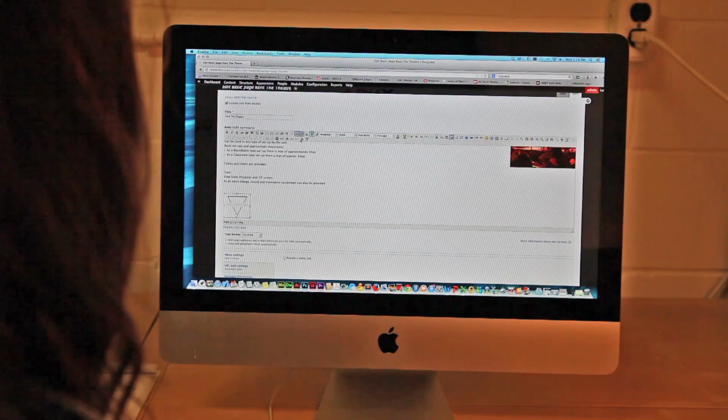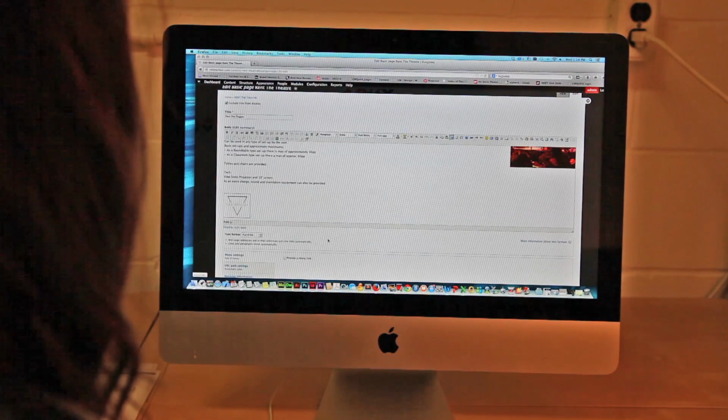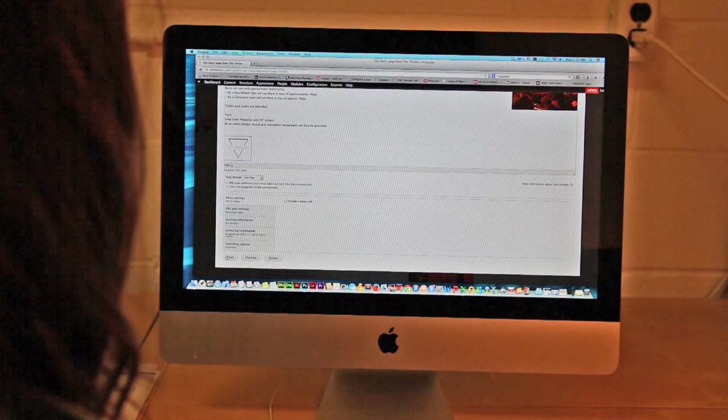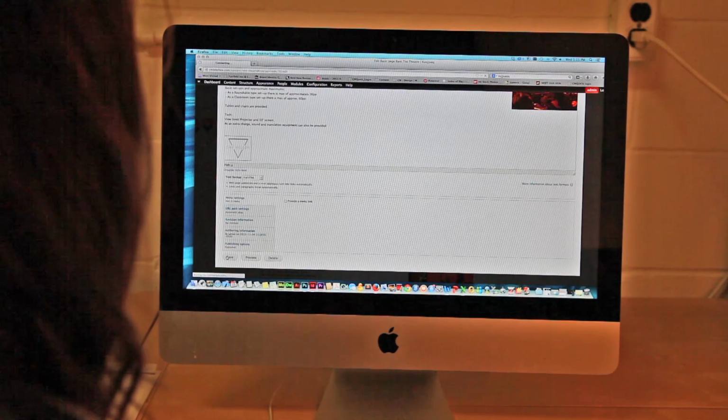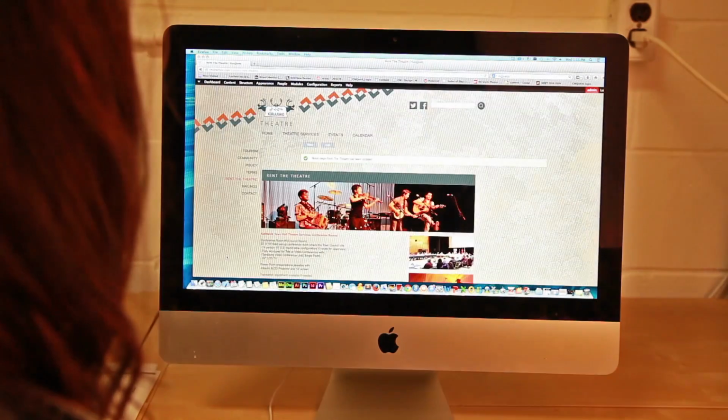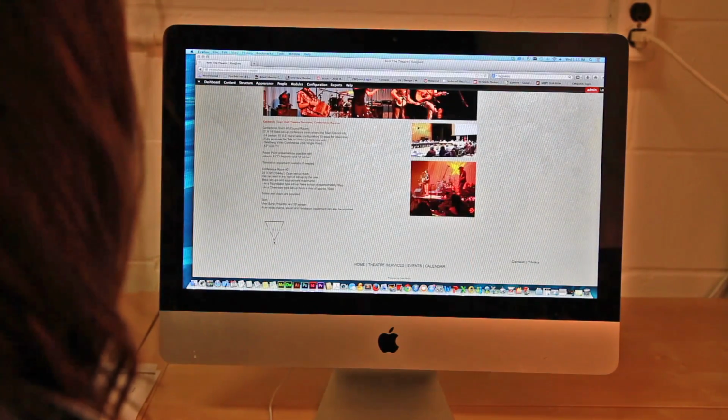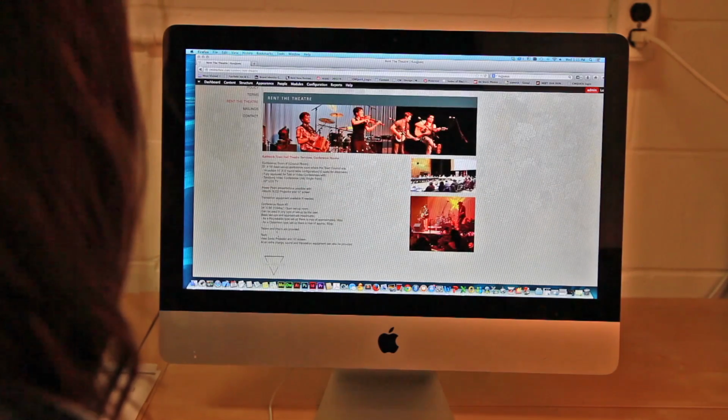Highlight the image and click on link, and click on save now. It looks like the PDF downloads have been taken off